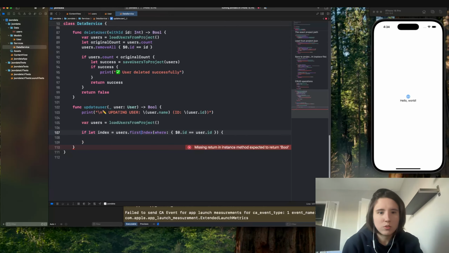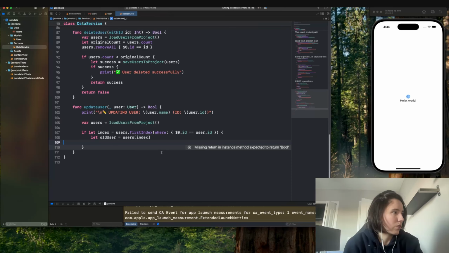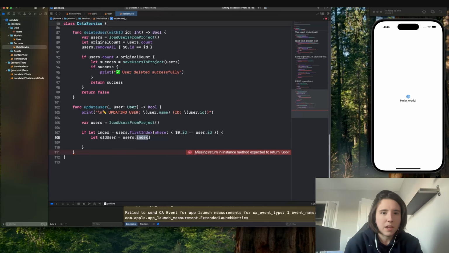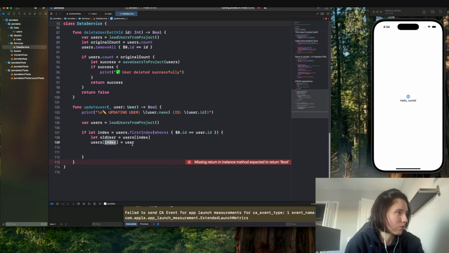So we're going to go to each of them and we're going to see, okay, if this is, so we're starting at the first index, and eventually it's going to be the old user, and then the user